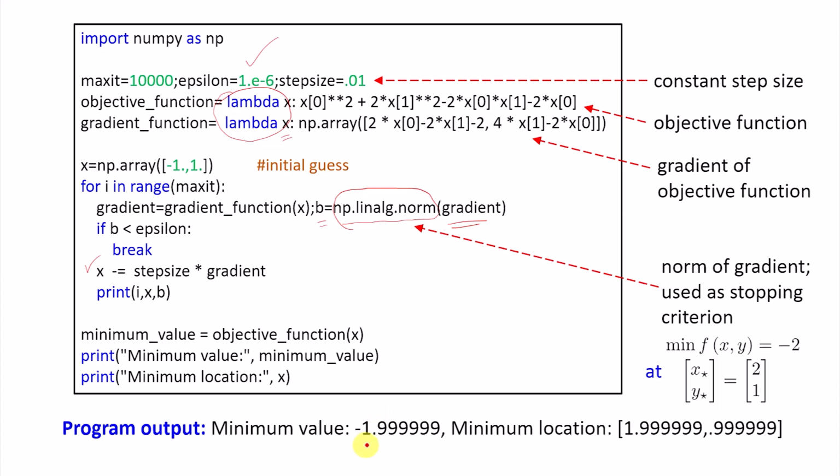The minimum value will be -1.9999, etc. Similarly, minimum location will be this 1.9999, etc. and 0.99, etc. So you can see that these are our analytical solution. Analytical solution minimum is -2 and it happens at the point 2, 1. So you can see that we are pretty close with the analytical solution